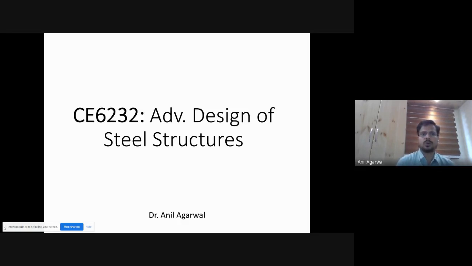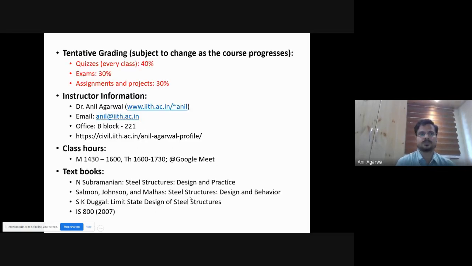Okay, so here is an introductory slide for you. I had shared the lecture notes with you already, right? Again, I would insist that you take a printout and keep it with you. If there is any correction or comment to be made, you can do that on the printout itself. So here is a small correction. The slides that I had shared with you were from the previous semester. There is a minor change here on the grading